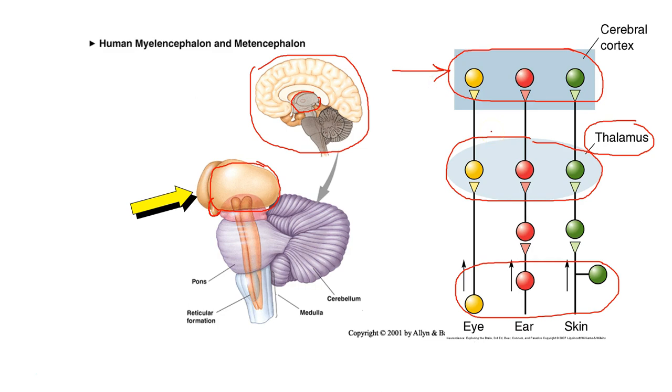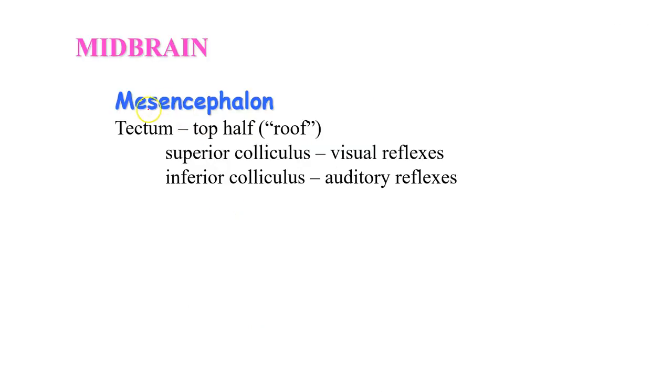You can think of the thalamus as kind of like the administrative assistant to the CEO of the cerebral cortex, and nothing gets to the CEO without going through that administrative assistant of the thalamus first. So the next group of structures after the diencephalon belongs to a new